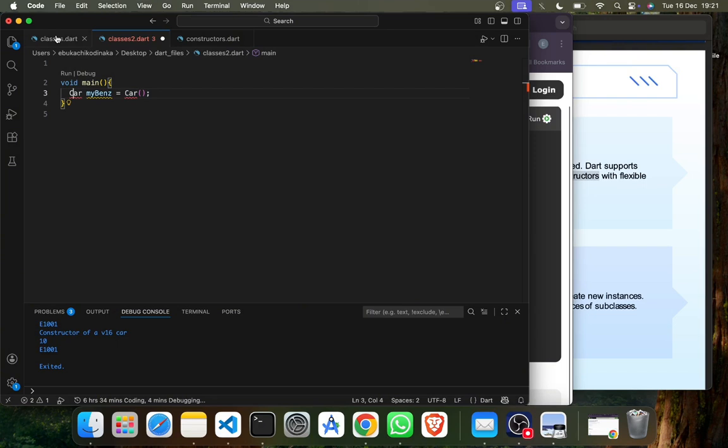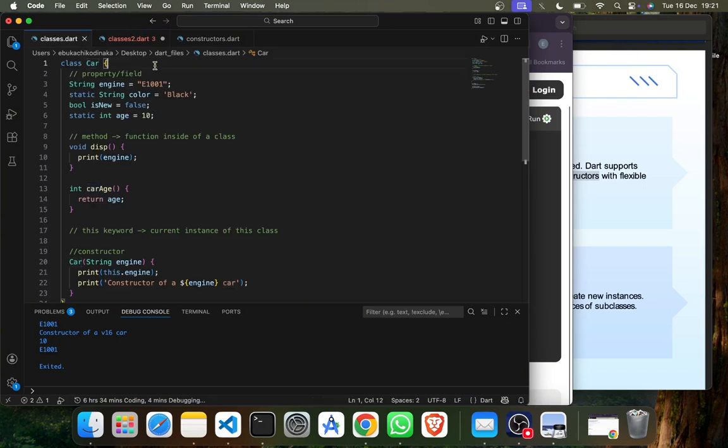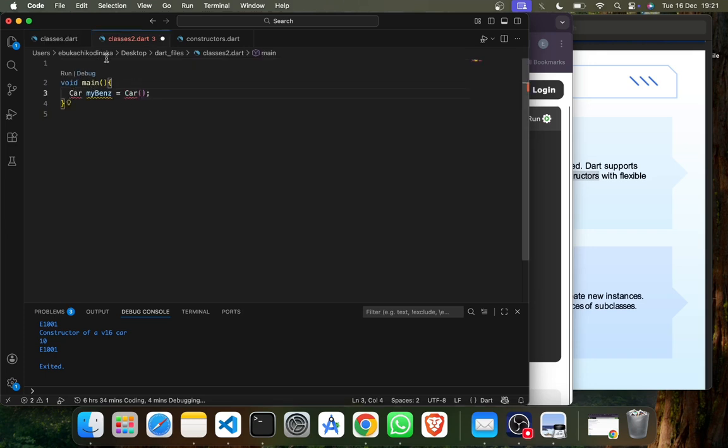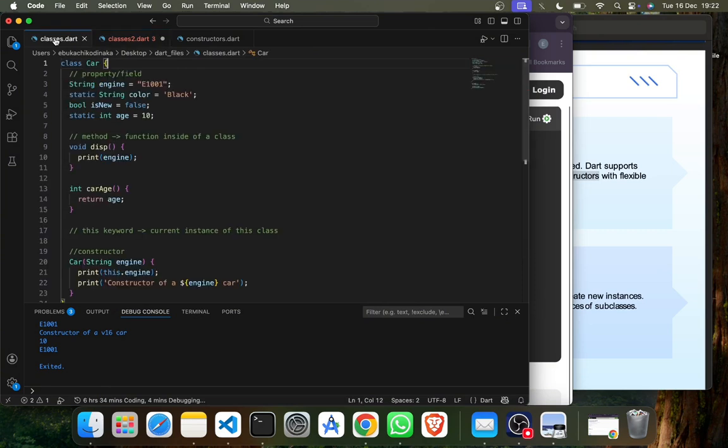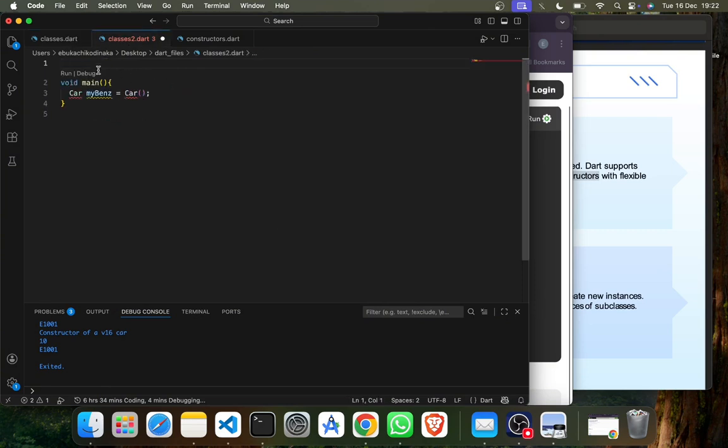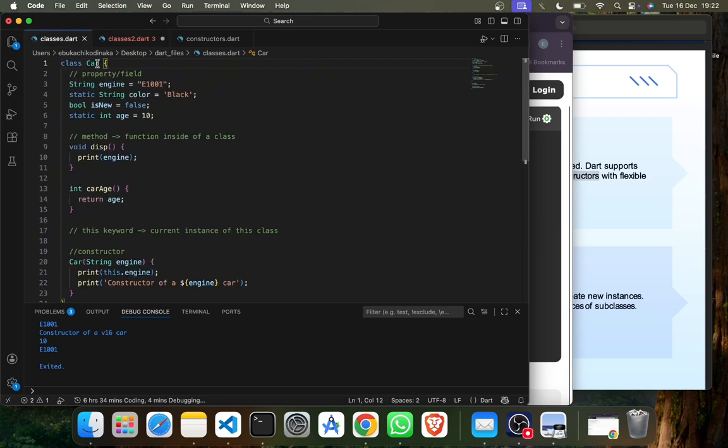So what I can do is I can now import from this file, classes.dat, into classes2.dat, so that I can be able to access